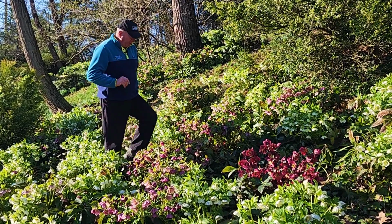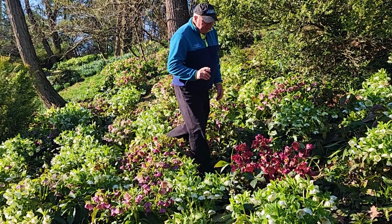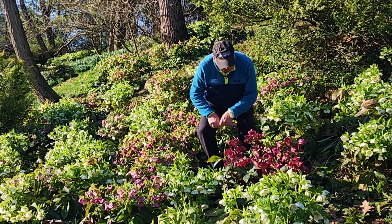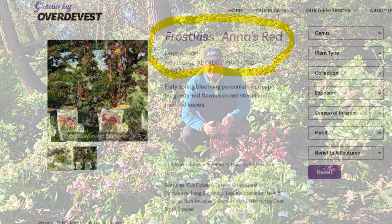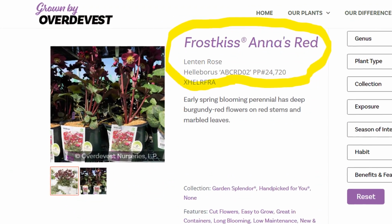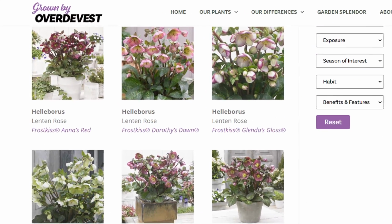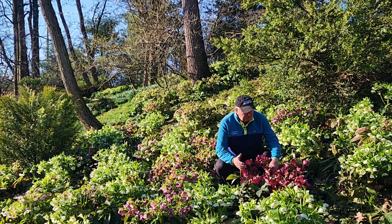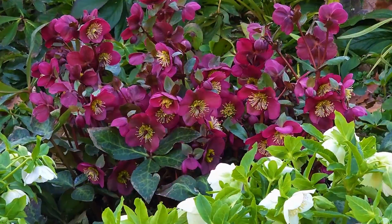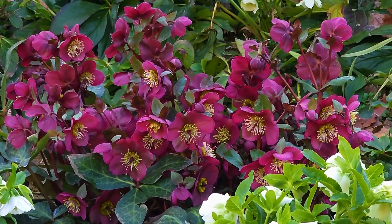But today I wanted to show you this very special variety that we have growing here. This is Helleborus Anna's Red, part of the Frostkiss series. In fact, this lovely variety with its bright crimson red flowers,